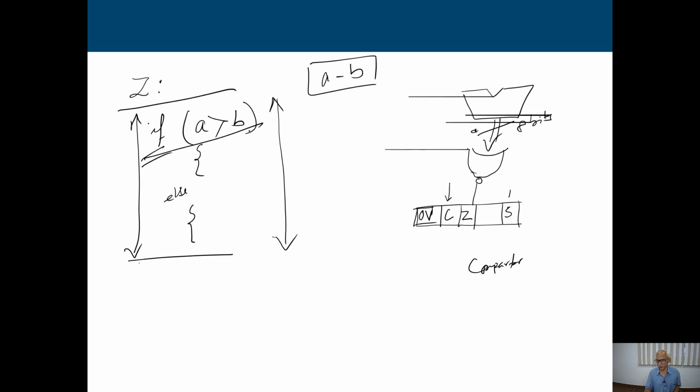With that I'll stop here today. Maybe in the next class we are going to see more about processor design, or maybe shift slightly away from that. With this I am concluding.